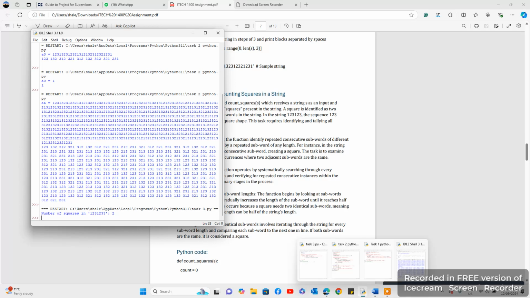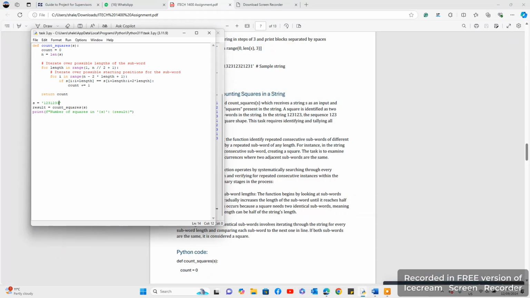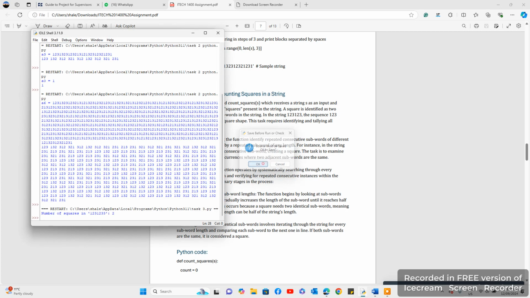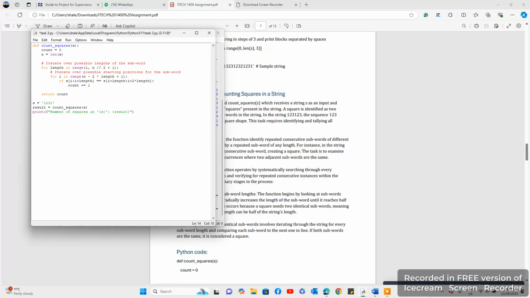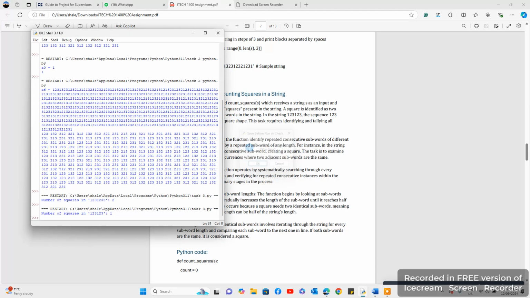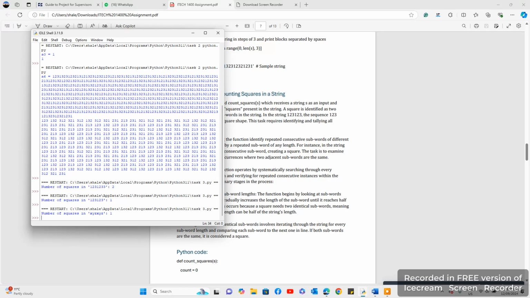Suppose I change my input by deleting the last 3 here, and showing you the score. So it will come 1 2 3 and 1 2 3. So basically I can put anything in here in a sequence. Suppose I'm putting x y z and running it again. So it will come x y z for once. So testing with various input strings,